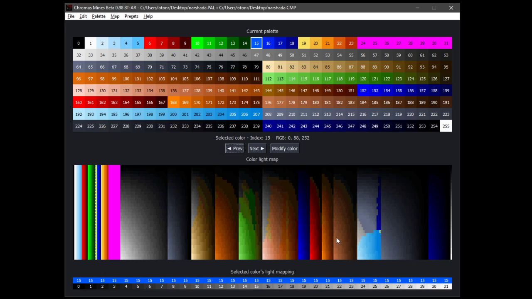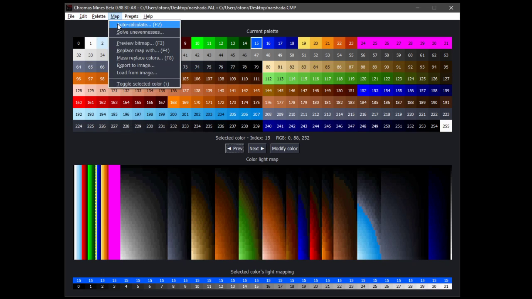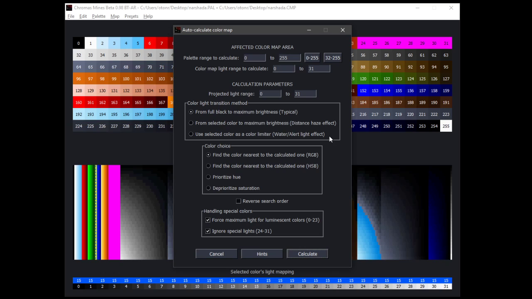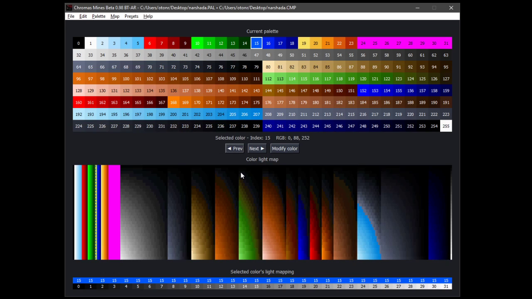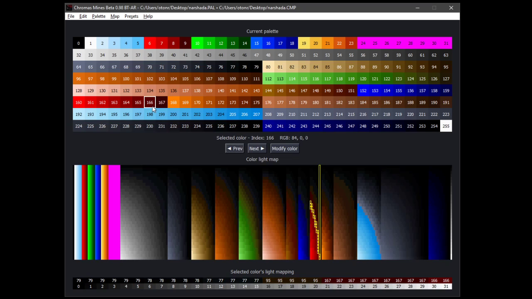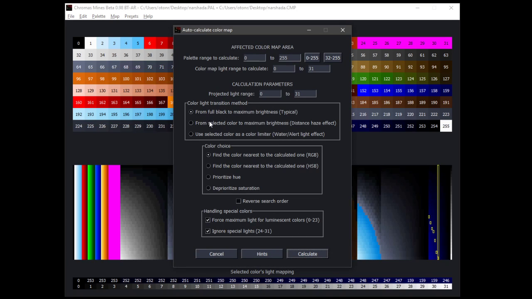Now it's not as smooth and as perfect, but these are still the closest matches to the desired colors that you can find. There are some configuration parameters you can change to get a certain effect. Most of you, I guess, are familiar with the Chromas mines, where the colors, as they become darker, don't really fade to black, but rather to red. In the far distance, there is a dark red. I'll do the very same thing, but I'll use blue this time. I'll select blue, and when I go for this feature, I'll say instead of going from black, let's start with